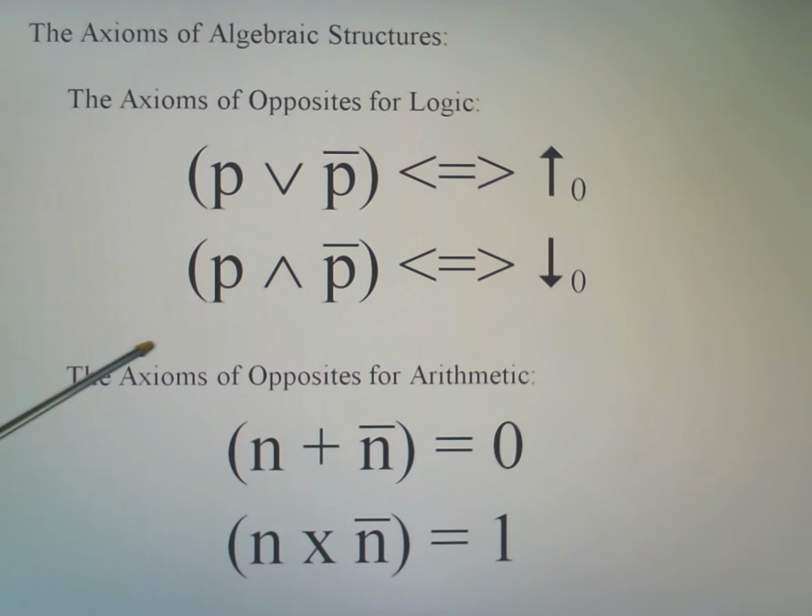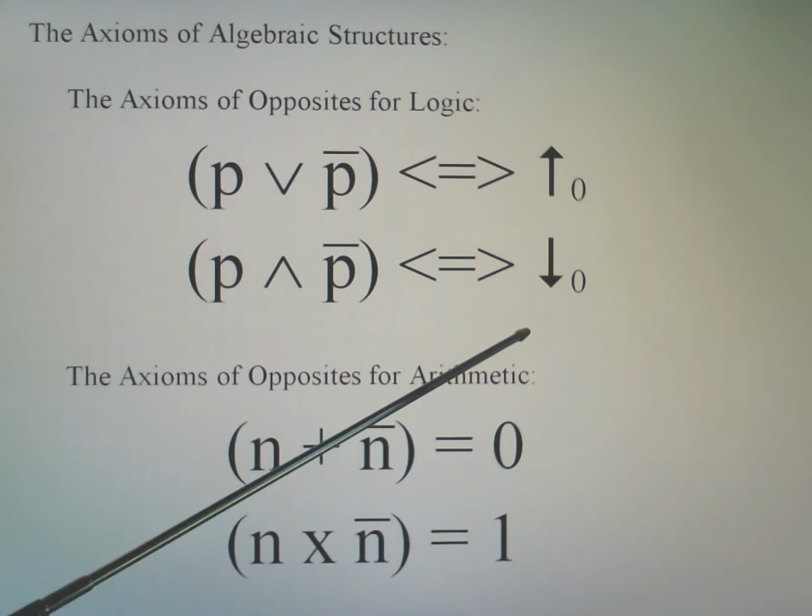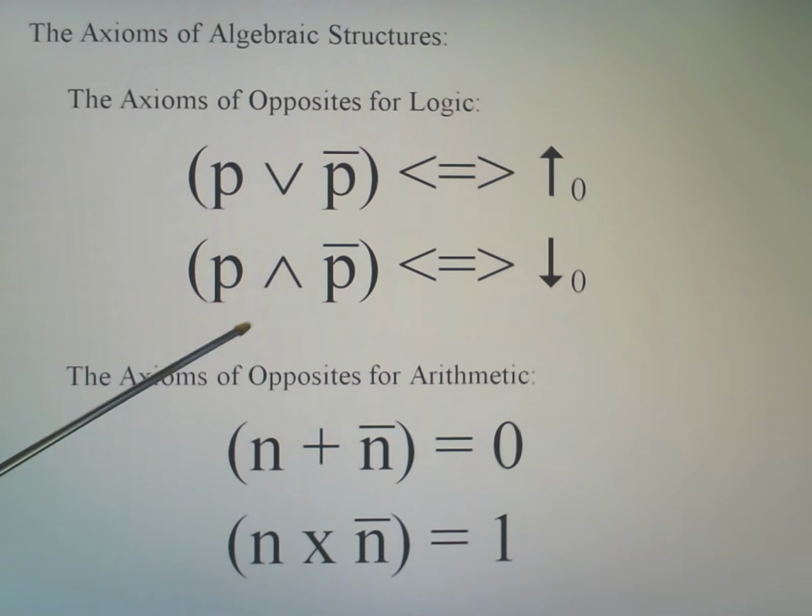And this, of course, is a representation of the law of non-contradiction. To say that something is true and not true is a contradiction, and we're not allowed to do that. So we would say not (P and not P).